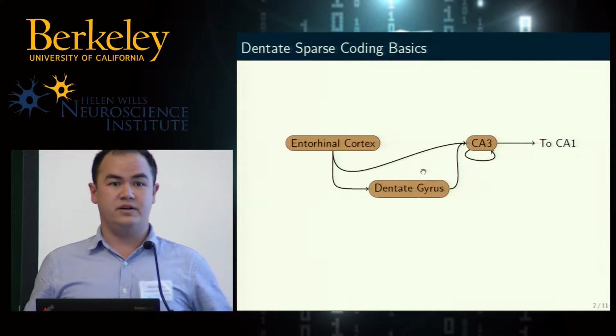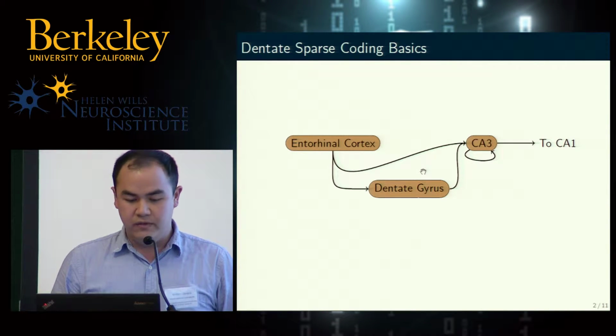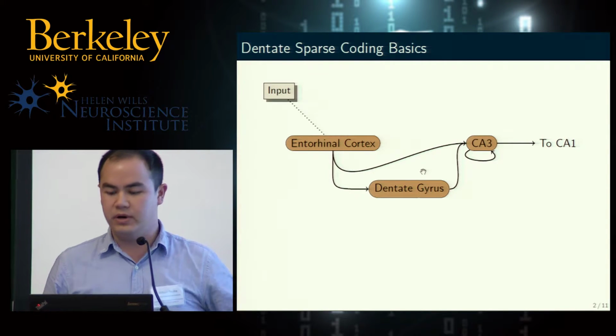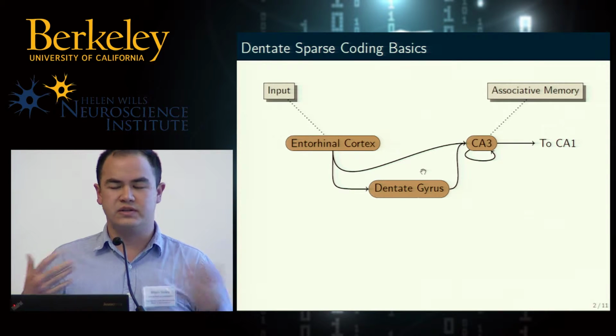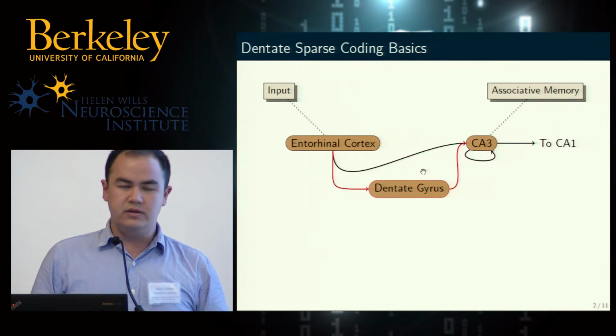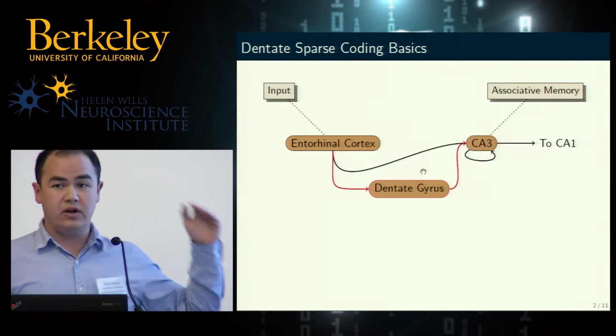Here's a quick sketch of the area of the hippocampus where we're going to be looking. We have the entorhinal cortex, that's sort of the input, and you can think of the CA3 as some sort of associative memory structure, if you will. And you'll notice there's two paths from the EC to the CA3, and we're interested in this secondary path through